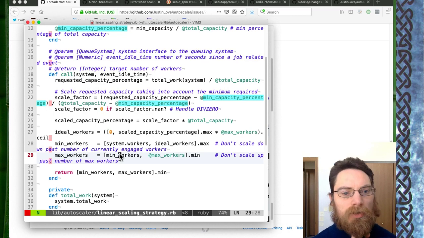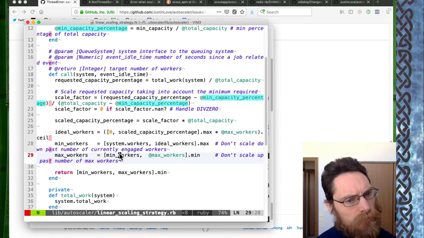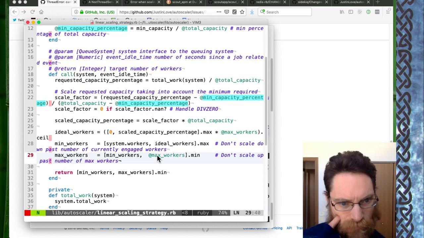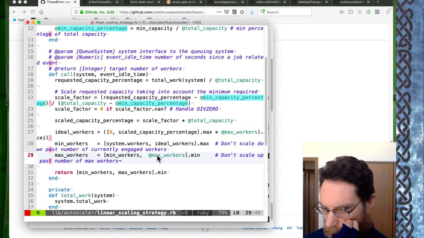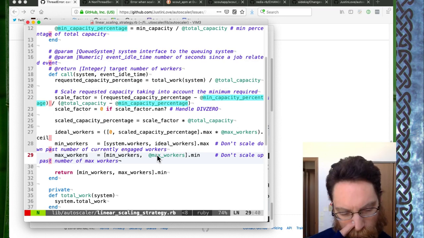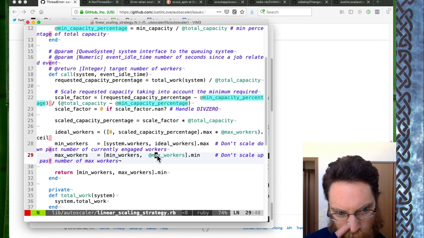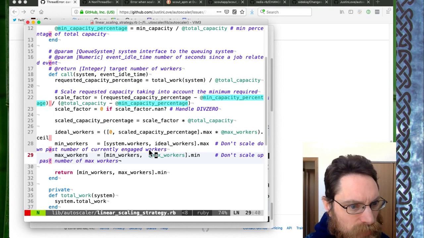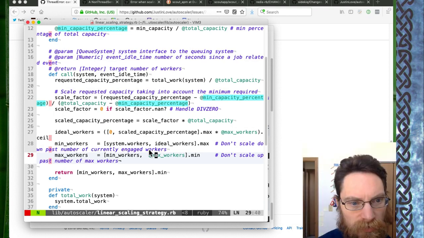Okay, so we go min to max. Wait, min workers to max workers dot min. And then we take the min of min workers and max workers, which feels like it's just reproducing this. Okay. Don't scale down past the number of currently engaged. Okay, that's the